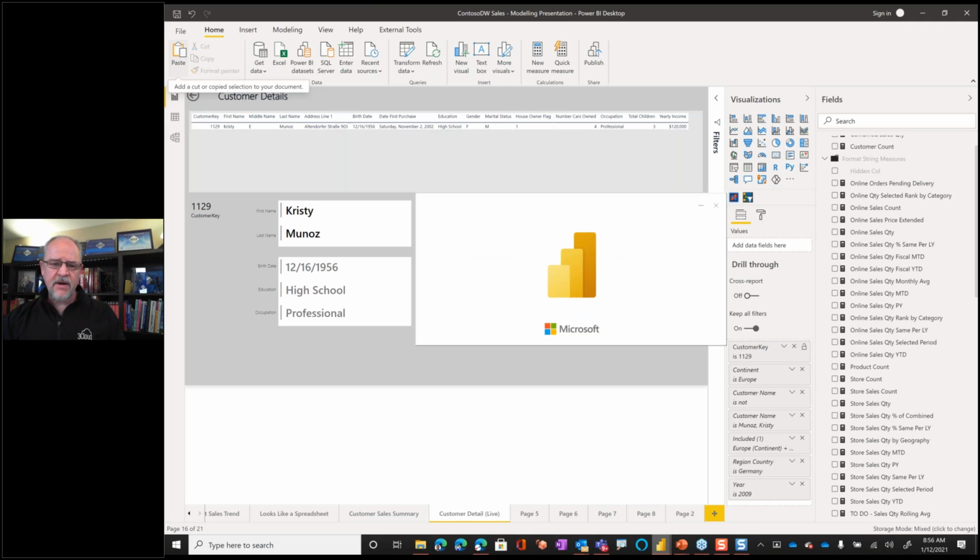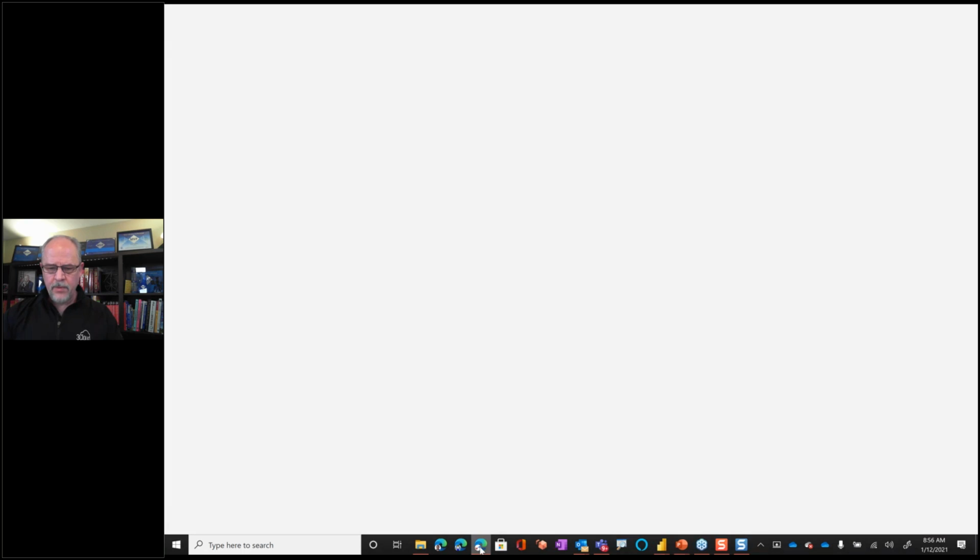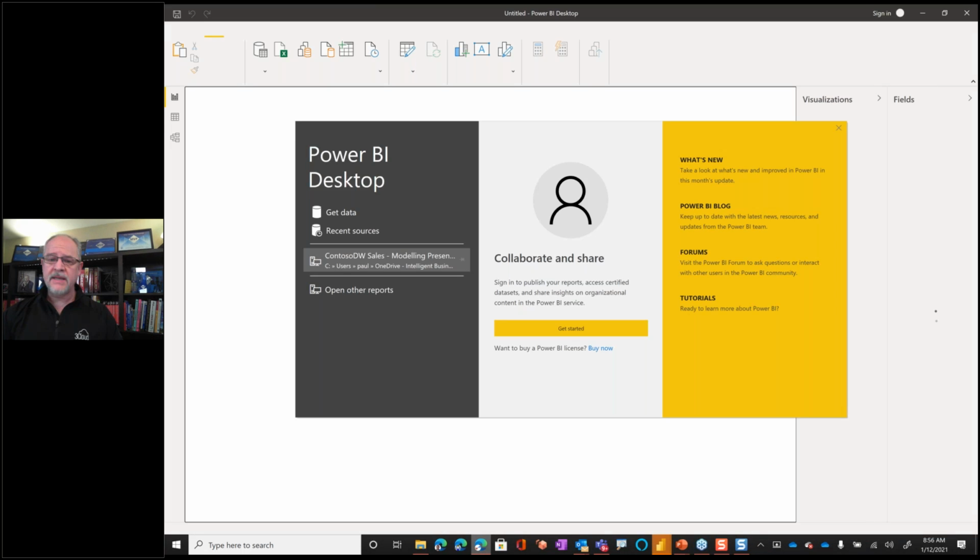I'm just going to get started very quickly to show you how you would do this. We don't have time to explore the entire feature, but then I'll switch over to an existing model. I'm going to close this one while we're waiting. While we're waiting for that to open, I will take you out to my Power BI tenant.